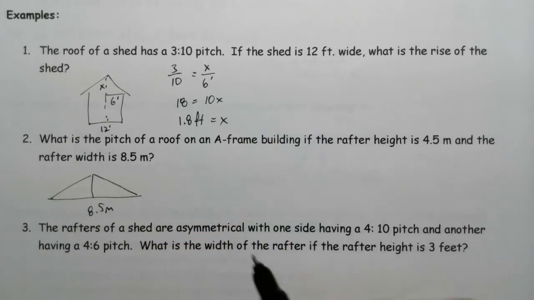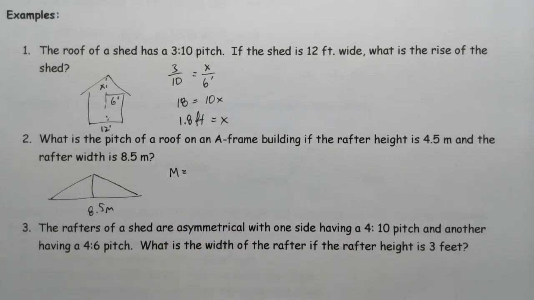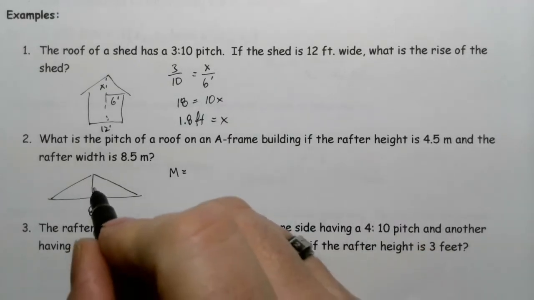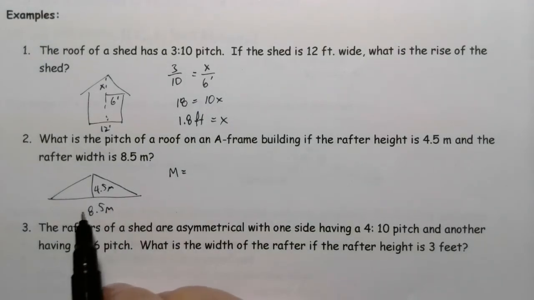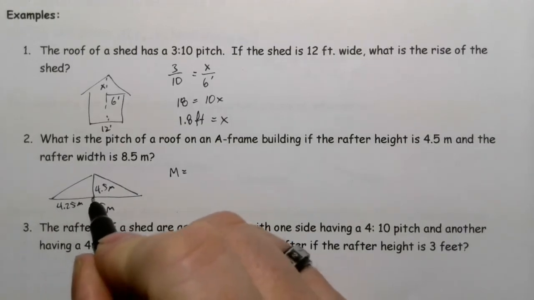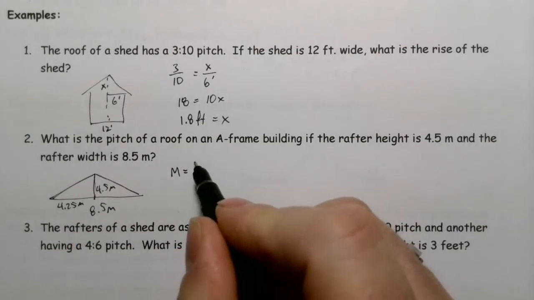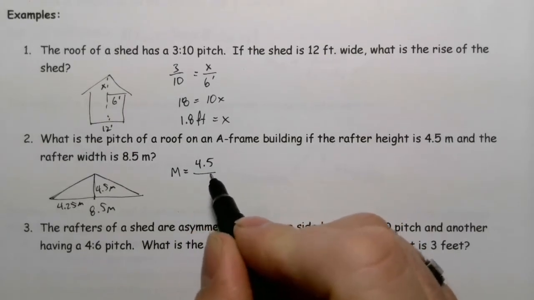So in order for me to find the pitch, and remember with the pitch I'm trying to find slope, I know that the rafter goes up 4.5 meters. But if I take 8.5 and divide it by 2, I'm going to get 4.25 meters. And that's really what I want here. So I want this to be my run. So my rise, 4.5 meters over